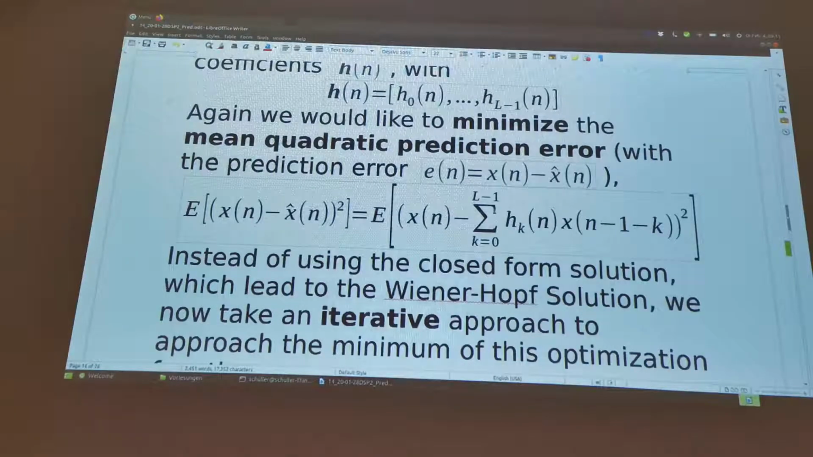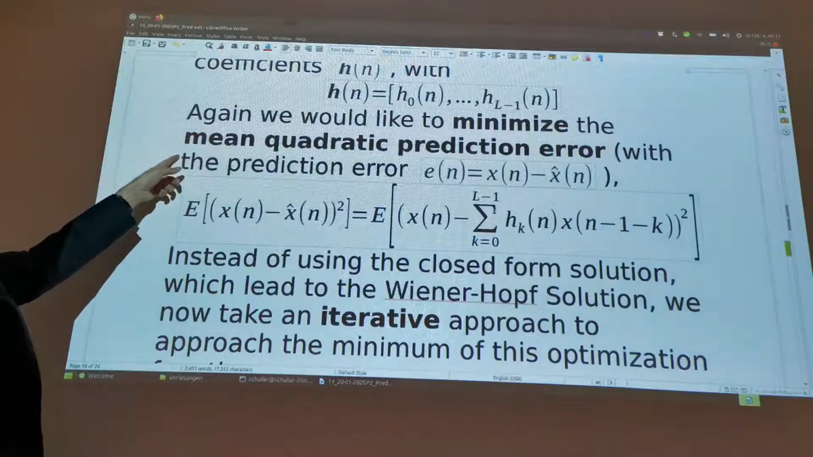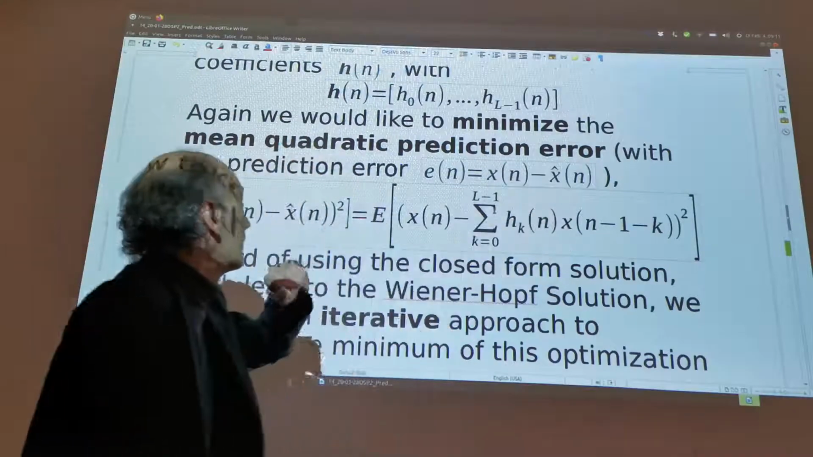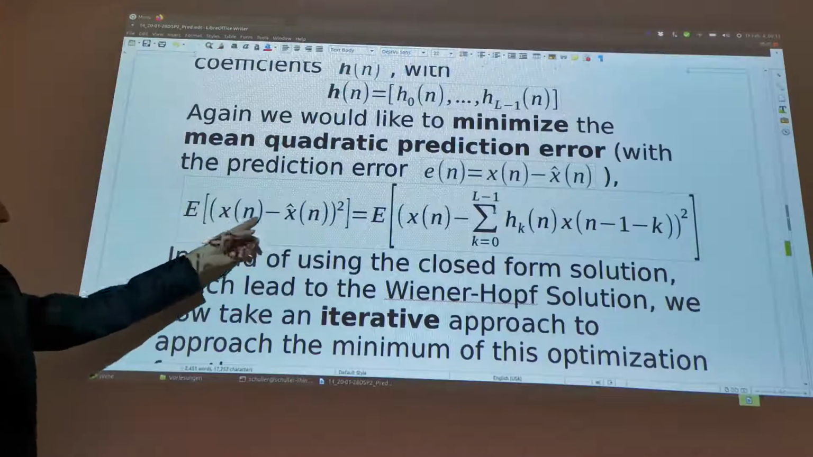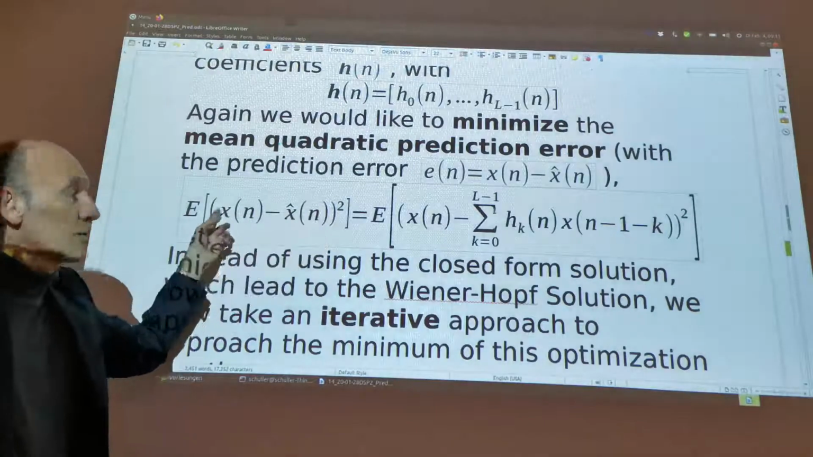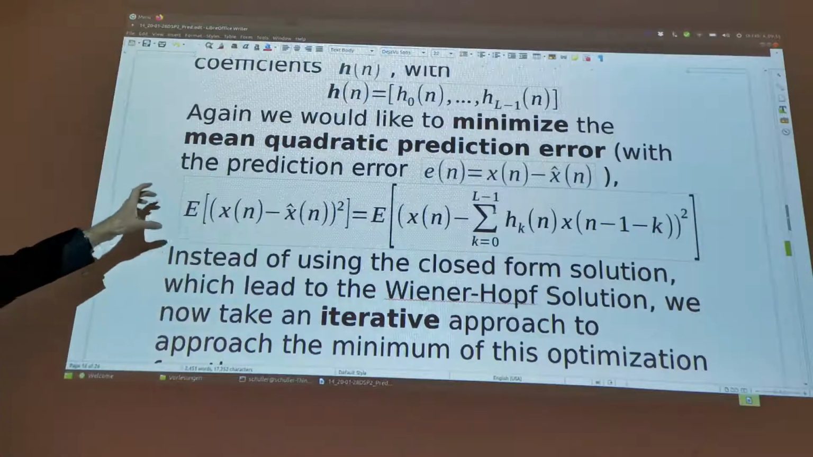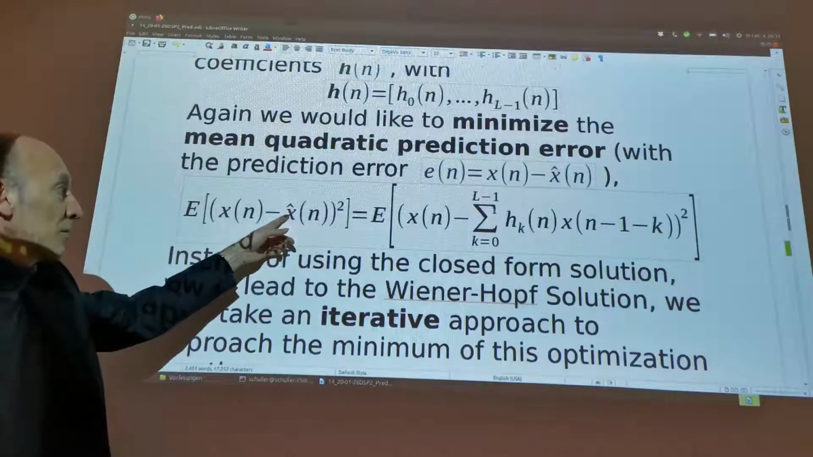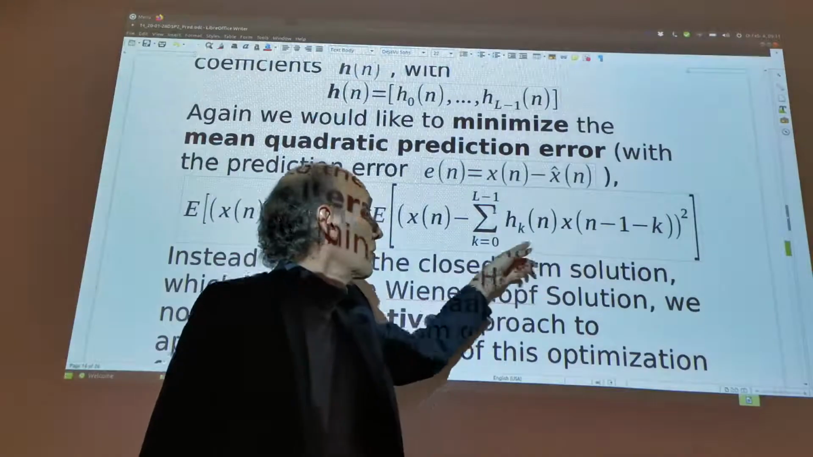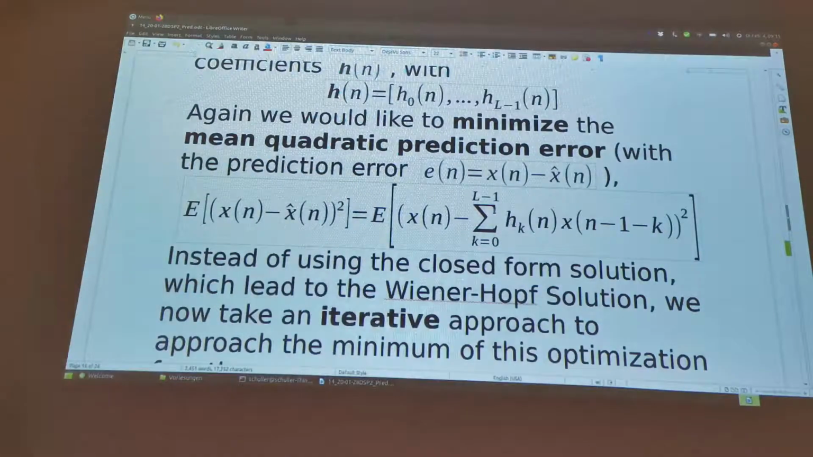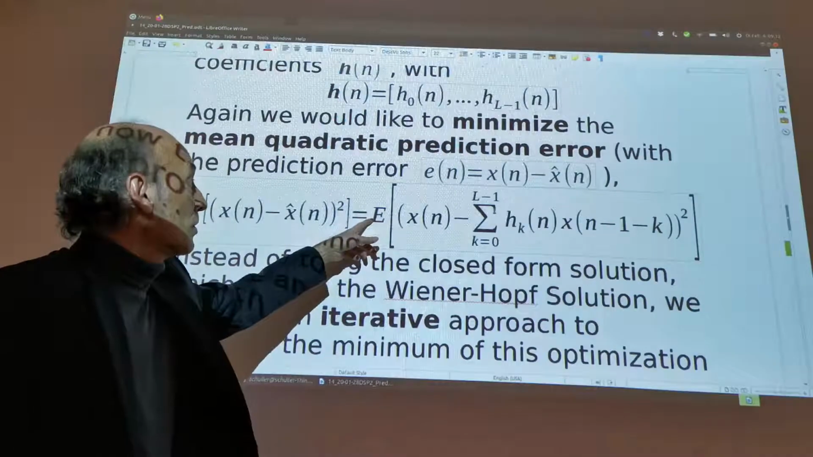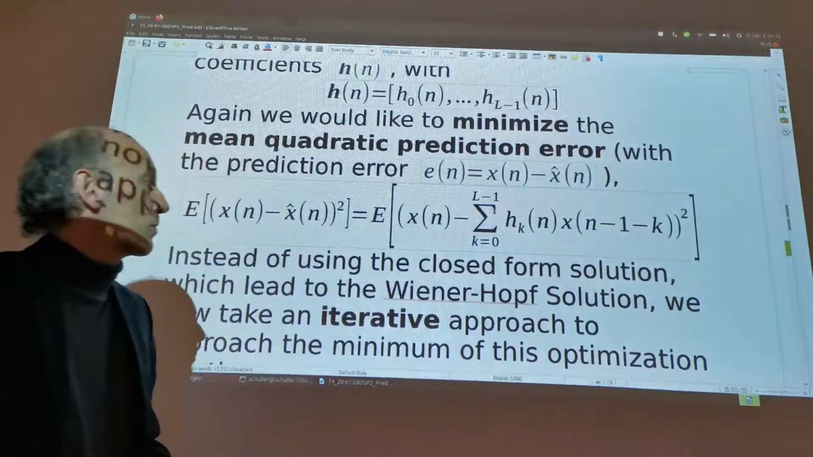So again, we would like to minimize the mean quadratic error function, the prediction error, with the prediction error e equals x minus x hat. Right, so here we have x minus x hat squared, so this is our quadratic error. And then we compute the average, the expectation over it. And we know x hat is simply this sum going over the past samples. So we have our weighted sum over the past samples containing our prediction coefficients. So now we can actually draw in the expectation. So to get a solution,